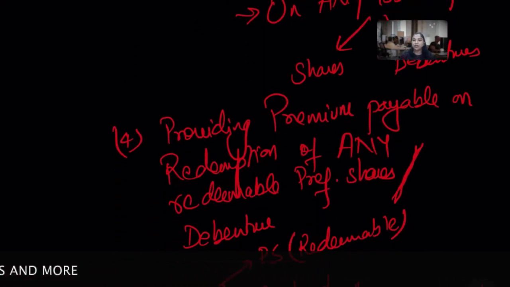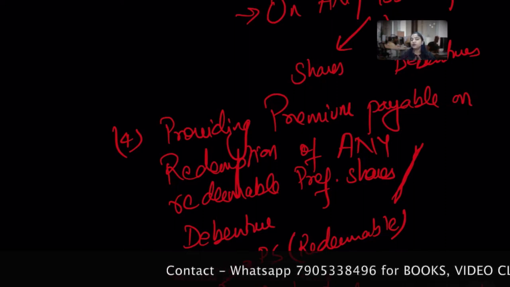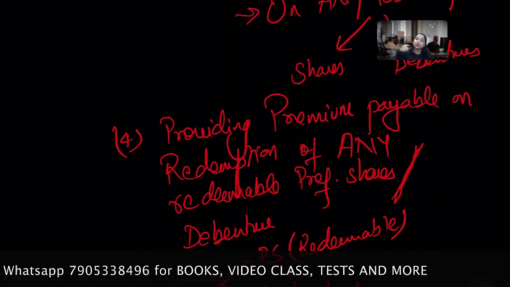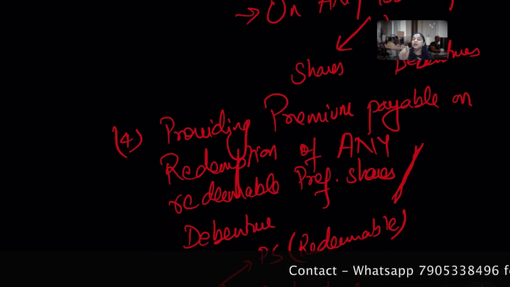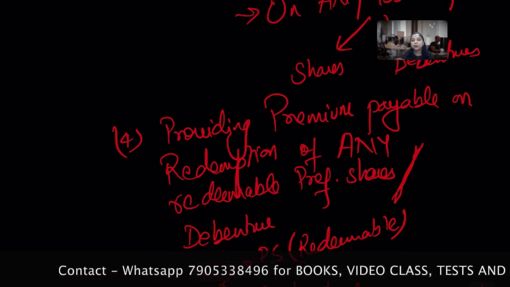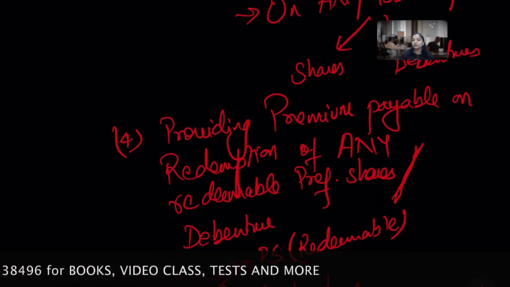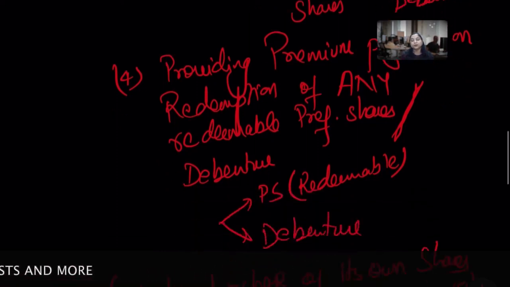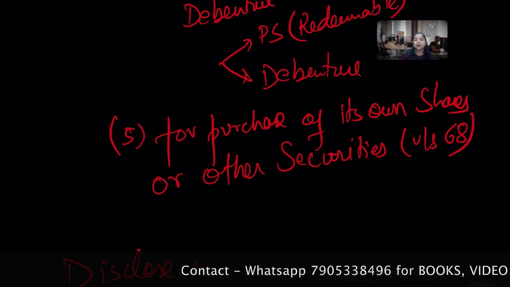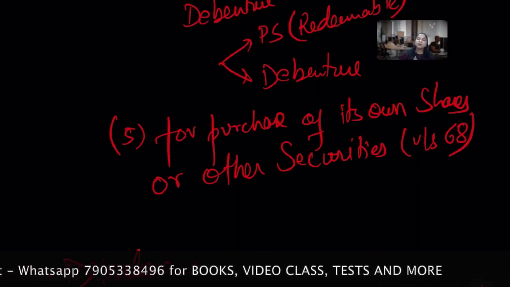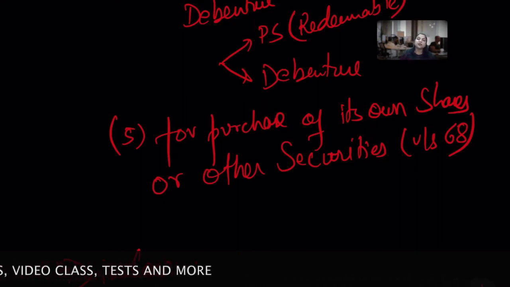और इन सिक्योरिटी प्रीमियम का कहां अकाउंट यूज होगा, प्रीमियम पे करते वक्त रिडम्पशन के टाइम में। किसका रिडम्पशन? रिडीमेबल प्रेफरेंस शेयर्स, नॉन रिडीमेबल की बात नहीं, जो रिडीमेबल प्रेफरेंस शेयर्स को रिडीम किया जाएगा और उनको उस वक्त अगर प्रीमियम दिया जा रहा है तब इस सिक्योरिटी प्रीमियम के अमाउंट को यूज कर सकते हैं। या डिबेंचर्स को, जब डिबेंचर्स को प्रीमियम दिया जाएगा उनके रिडम्पशन के टाइम में, तब इस सिक्योरिटी प्रीमियम का अकाउंट यूज कर सकते हैं। और आखिरी के फॉर्म में जो परचेज कर रहे हैं, खुद का शेयर्स कंपनी कर रही है या किसी भी प्रकार की सिक्योरिटी सेक्शन 68 के अंदर, उन सब जगहों पे सिक्योरिटी प्रीमियम का यूज किया जा सकता है।